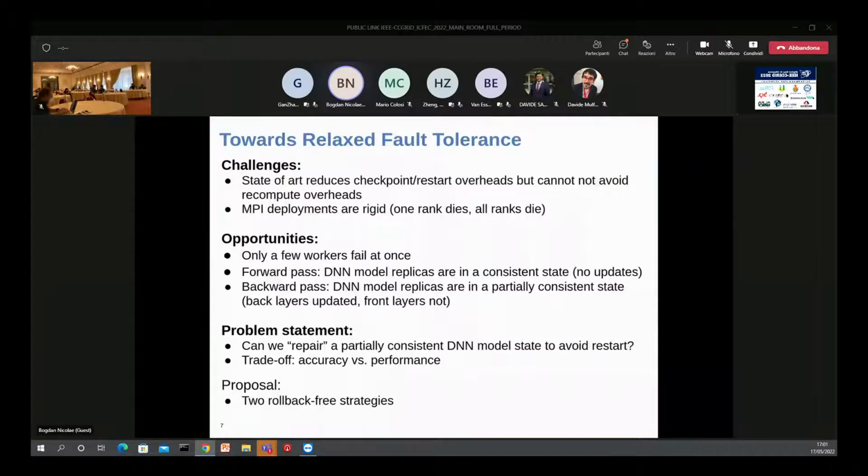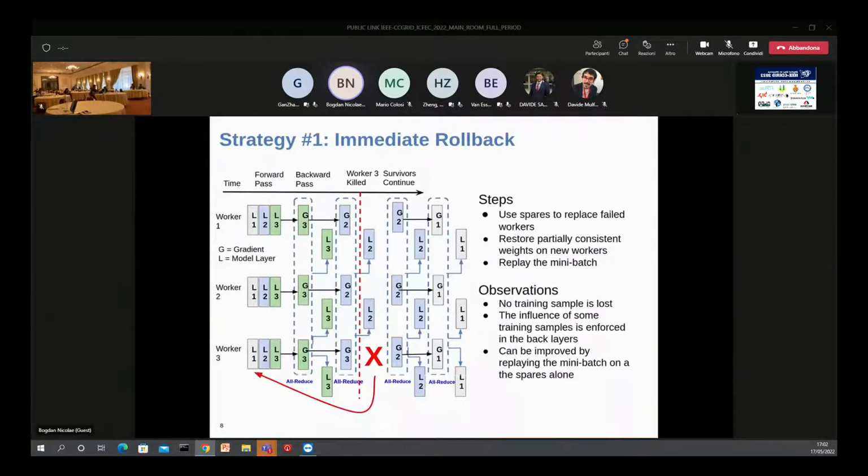And so the question is, can we repair these partially consistent models so that we can avoid applying traditional checkpoint restart and pay for this replay overhead? And we have a trade-off here. So performance-wise, this will be very fast. But on the other hand, we may lose accuracy because we are trying to repair the state. So in this regard, we propose two strategies that avoid traditional restart. So one of them is immediate rollback. And this works by